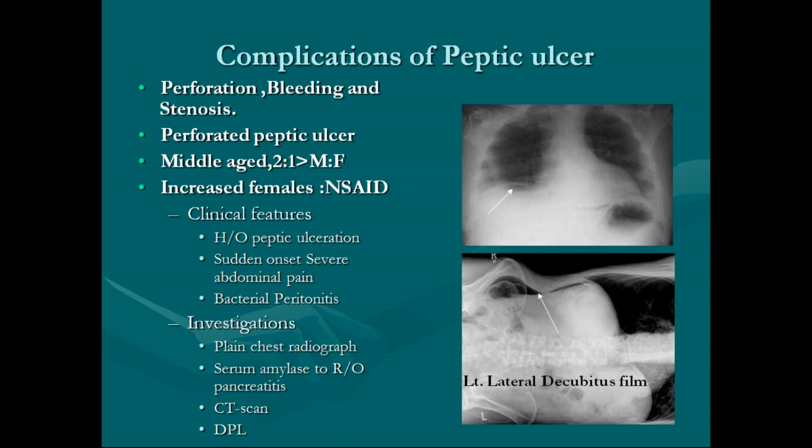And what is this DPL? Still, if you have any suspicion, you can plan for a diagnostic peritoneal lavage. Okay, you can do a diagnostic laparoscopy, or some surgeons have the habit of placing a needle in the right iliac fossa and aspirating the material. Looking at the aspirate, you can tell whether it is a duodenal content or an ileal one, but it is generally not a good practice, because immediately after you place a needle, the air escapes out, and you can't appreciate the air under the diaphragm sometimes. Okay,